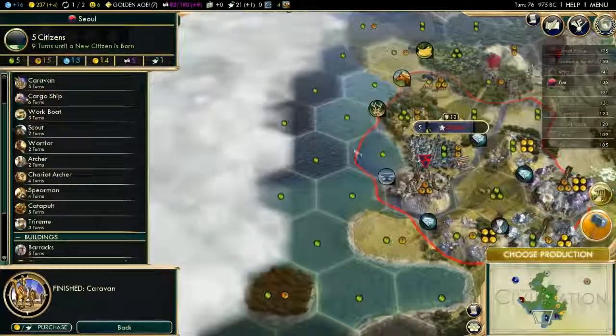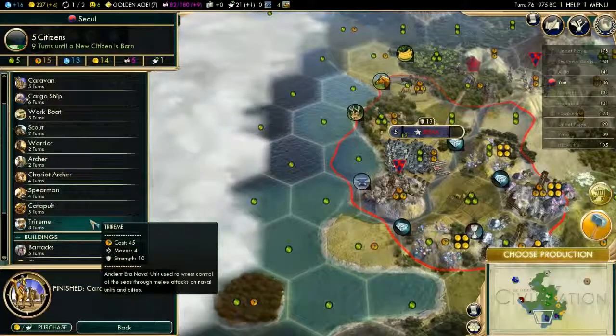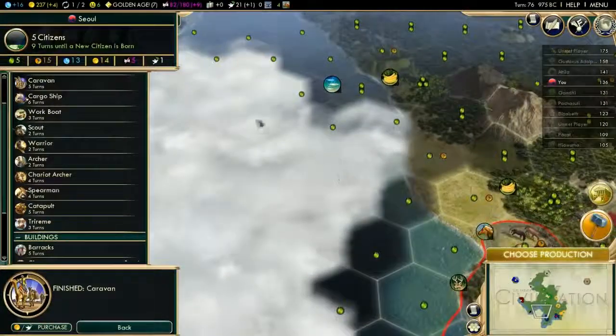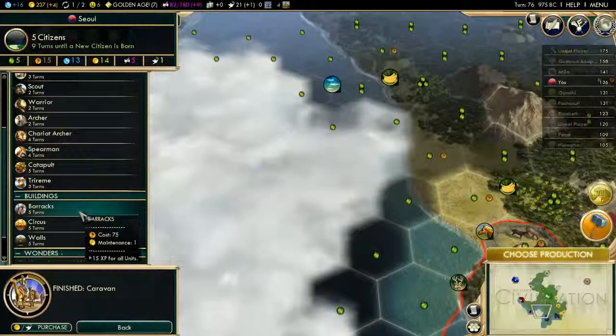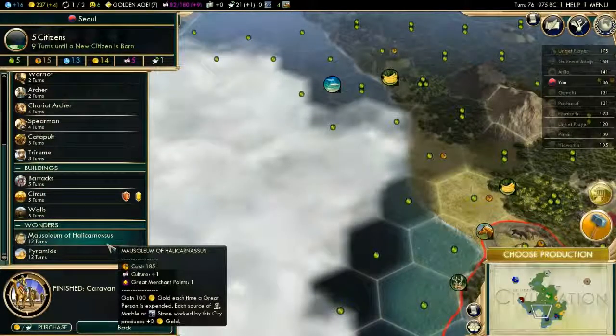All right, so what I want to do, I actually want to build a trireme, and this is our first naval unit. It's only going to take 3 turns, which is not very long, and we'll be able to explore with it. So this will add to our military, which is nice, and we'll be able to explore from there. I also eventually want to